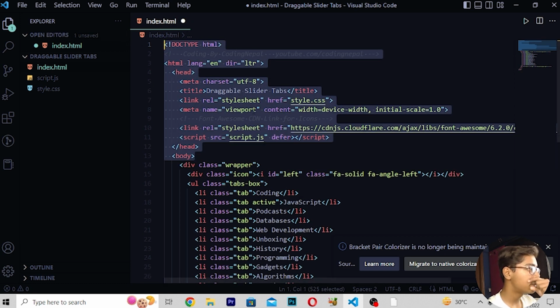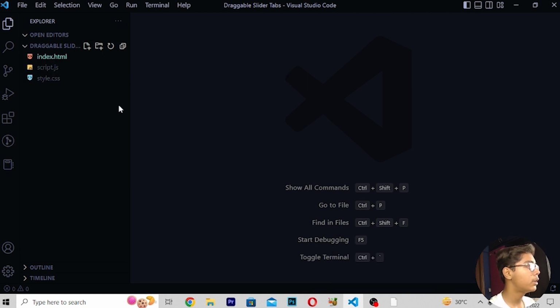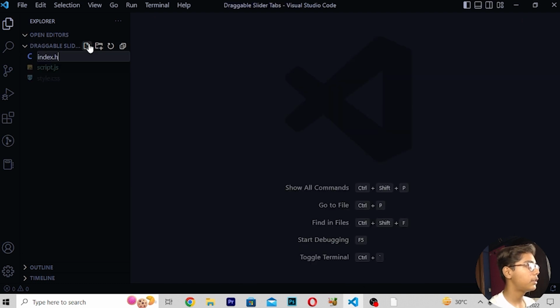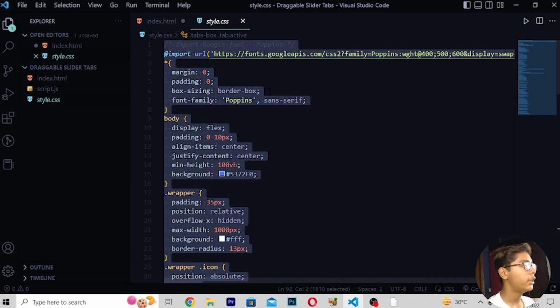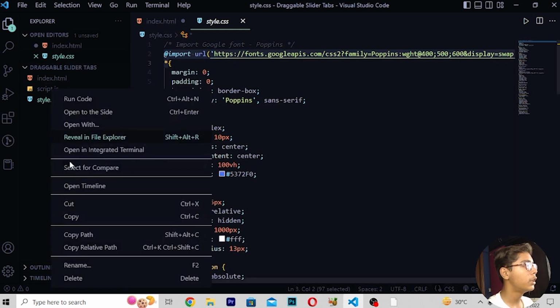Then you have to close this, and here you have to make a file. I will be deleting the move, then you have to write the name as index.html, then paste this file. Then you have to erase all the text from this file also, because we will not be needing it. I will copy this tag from here, moving it in, then you have to copy this. Select it like this, copy this, then close this file and delete this.